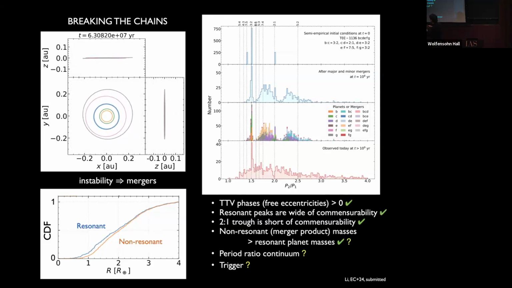The task now is to start from a period ratio distribution that looks like this, where everybody's in resonance, right? 3 to 2, 2 to 1, some spattering of second-order resonances as well. And then to go from these initial conditions, demanded by the observations, and then go from here to there, okay? Which is also, this is the observation after 10 gigayears of evolution. And here's where we are right now. This is work by Rixin Li. He's a 51-peg postdoc at Berkeley.